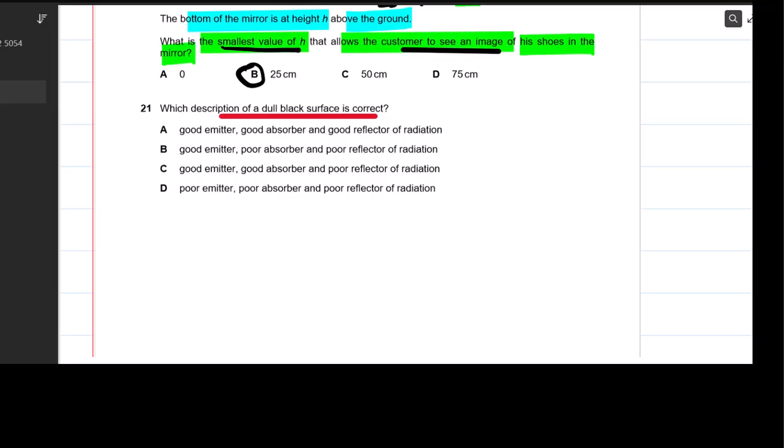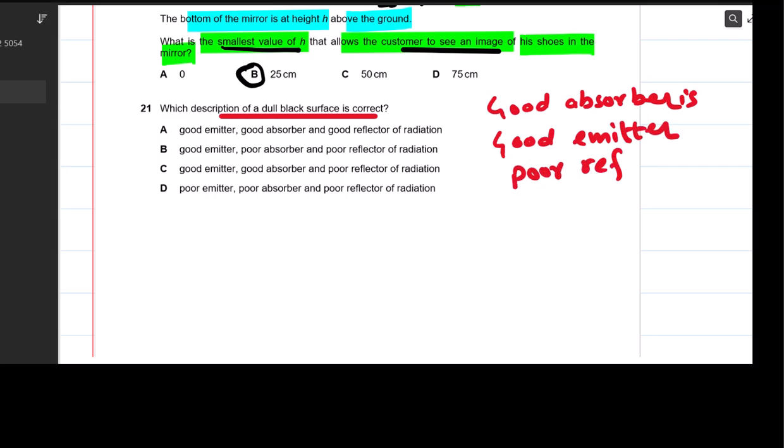So dull black, remember before this, a good absorber is a good emitter as well. But it is a poor reflector of radiation. So here saying good emitter, good absorber, good reflector? No, good reflector is not possible. Good emitter, poor absorber is not possible. Good emitter, good absorber, poor reflector. Yeah, C is right. So this is the description for